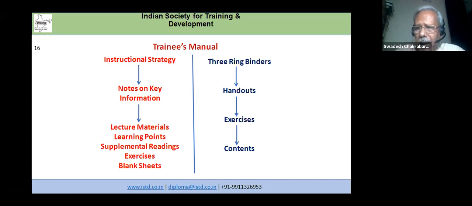A training manual may be of different kinds. It may be in the form of a binder, a handout, or an exercise book. Everything has to be seen: what kind of training, how much training material is being given, and what is the target group. Depending upon that, the materials can be prepared and given to the trainees,